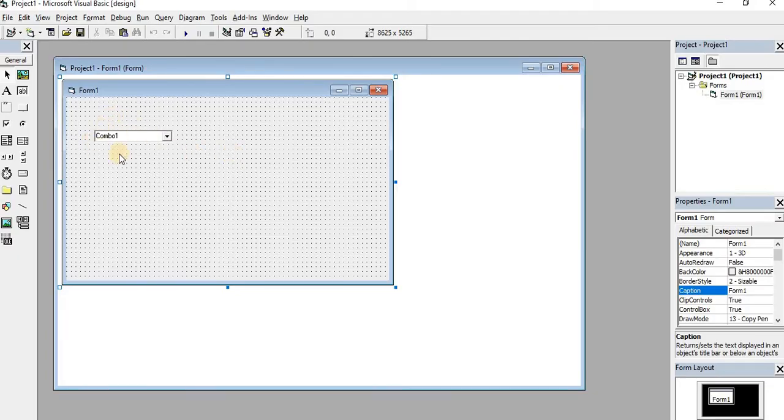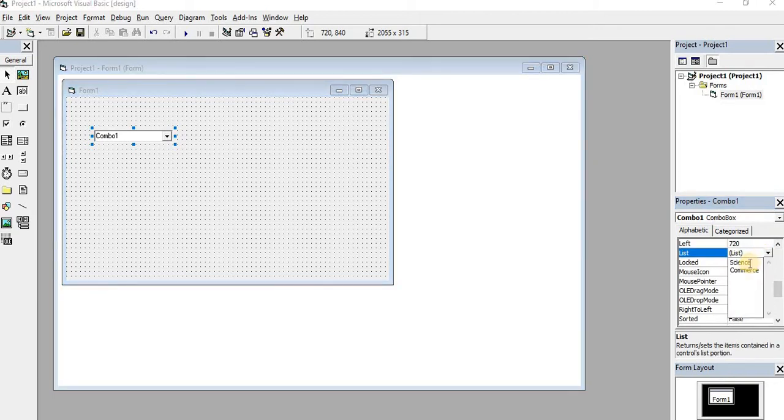Now here we have one combo box and we have already added some elements by using the list property. We have added two streams, science and commerce.